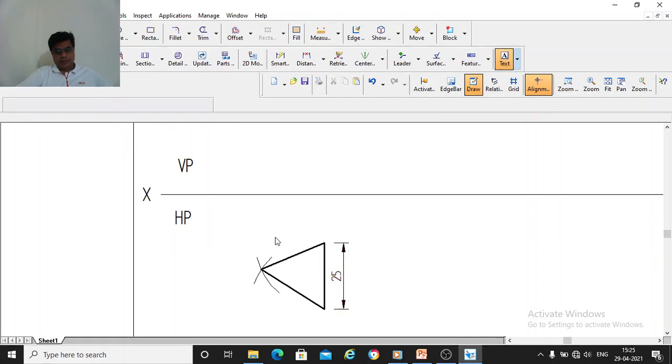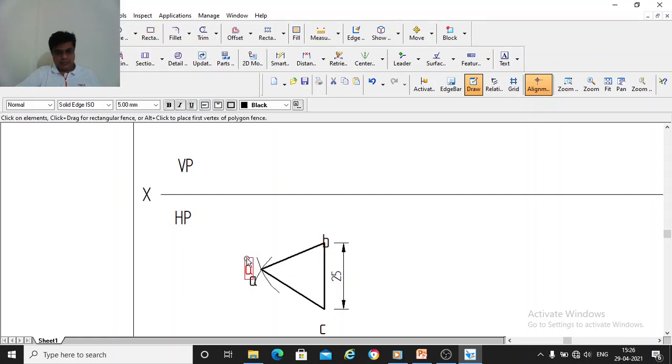Then you should name the corners. So you should name these corners here. So what I'll do is I'll name this corner as A first. You can give any name, any corner you can name. So since it is top view, it is small letter a. So this is b. This will be c. So you can name this as a, b and c. It is left to you.